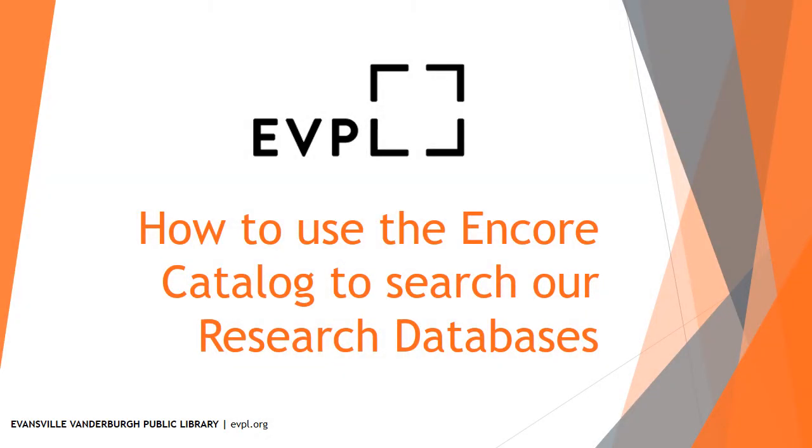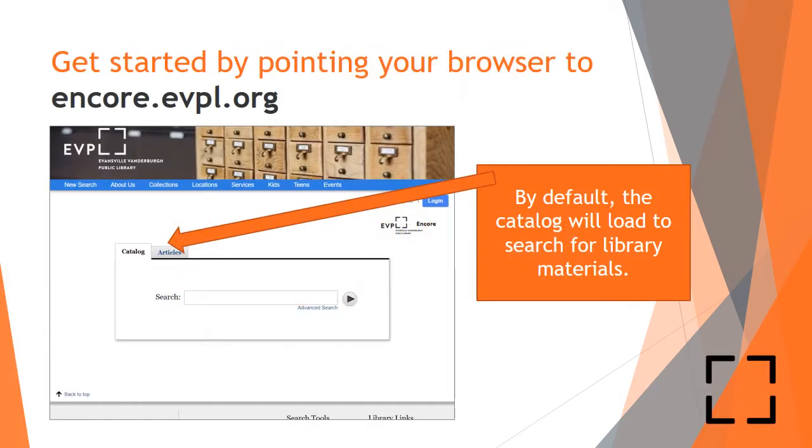I'm back to talk to you about how to use our Encore catalog to search our research databases. Using the Encore catalog is an alternative method rather than just going into each individual database as you might at the evpl.org research page. To search all of our databases at once, you'll get started by pointing your browser to